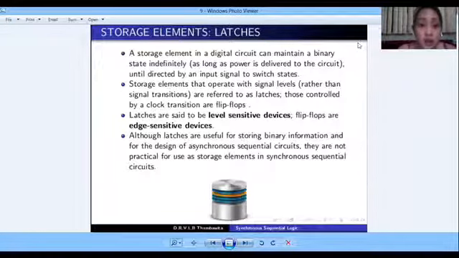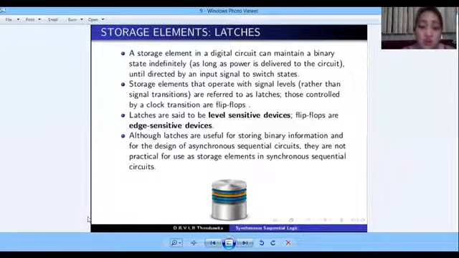A storage element in a digital circuit can maintain a binary state indefinitely as long as the power is delivered to the circuit. Storage elements that operate with signal level rather than signal transitions are referred to as latches. Those controlled by a clock transition are flip-flops. Latches are said to be level-sensitive devices, while flip-flops are edge-sensitive devices. Although latches are useful for storing binary information for the design of the asynchronous sequential circuit, they are not practical for use as a storage element